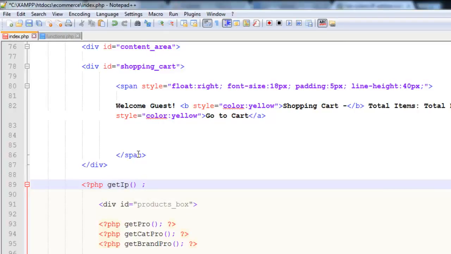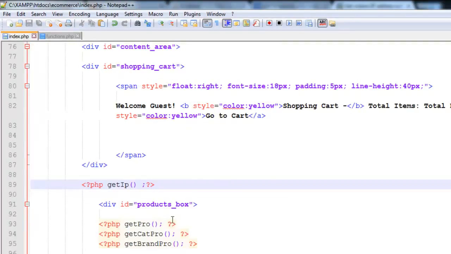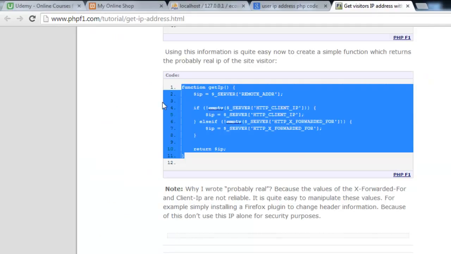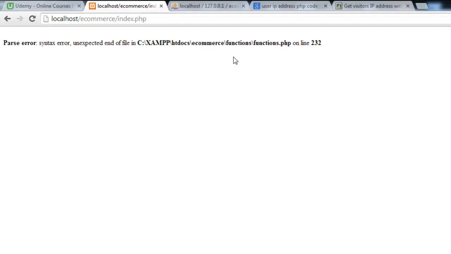This is the function. Control S to save. Once again go and check, yes, this is okay. So we have just called it here. I have saved it. Now go to your shop, refresh it, and there's an error in a file XAMPP functions